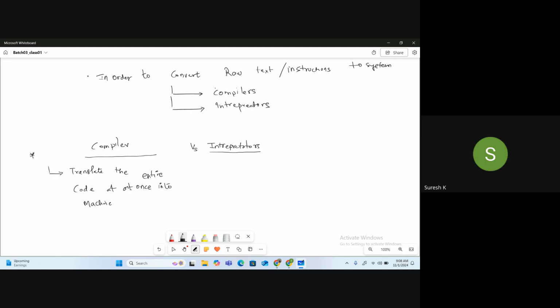There are advantages. A compiler will translate the entire code at once, whereas an interpreter translates code line by line.